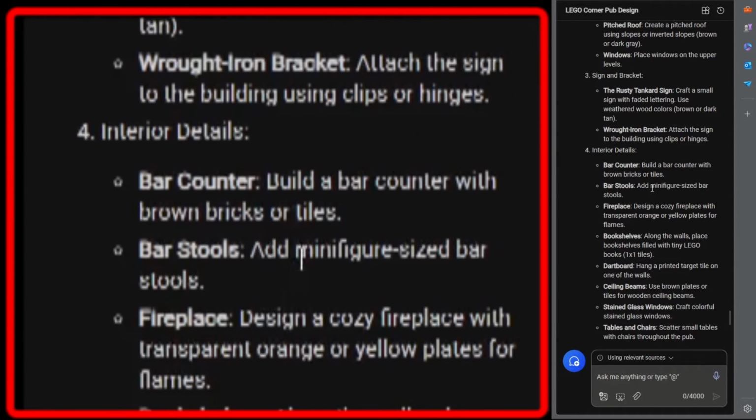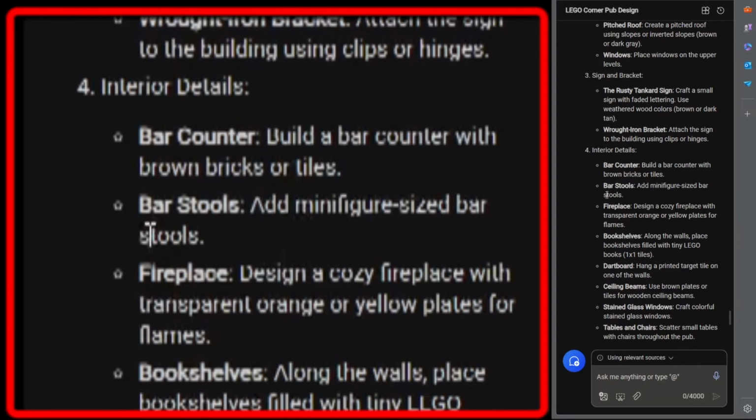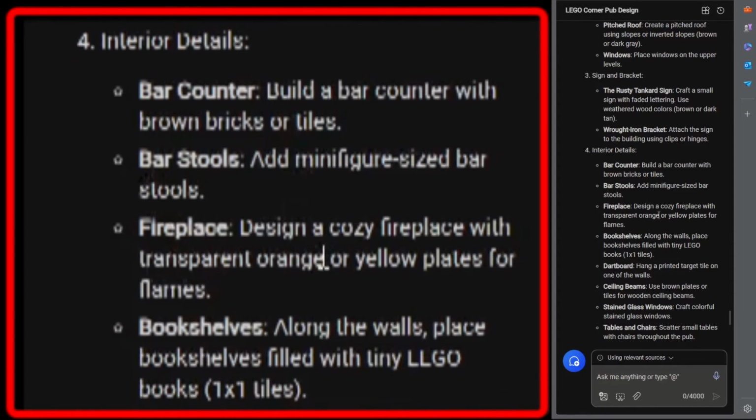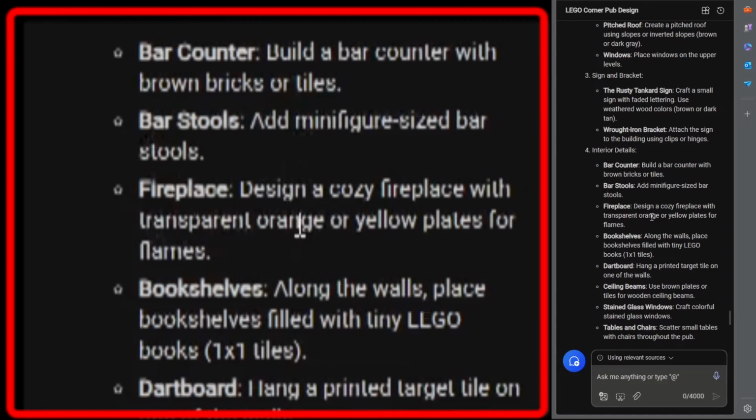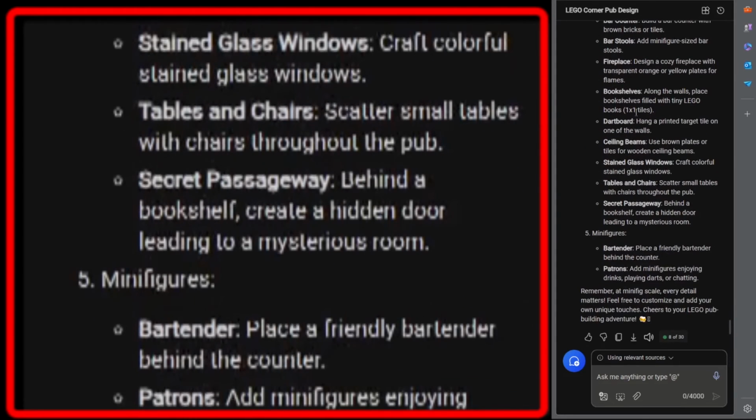It's adding minifigure sized bar stools and transparent orange or yellow plates for flames in the fireplace. And it's suggesting to use 1x1 tiles for tiny Lego books, and a printed target tile for the dartboard, brown plates or tiles for ceiling beams,